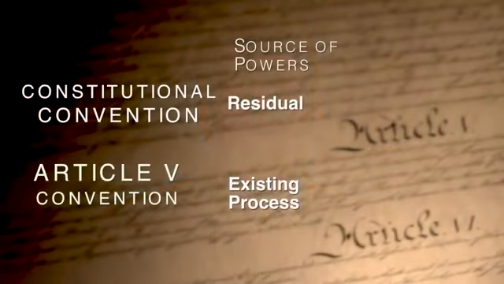The Convention of States Project is quite different. It operates under the rules set out specifically in Article 5, which means you can't throw it wide open. You have to follow the procedures, the process, and the limitations set out in Article 5 in the Convention of the States. So the states must petition for the convention, and in that petitioning process, the states set the subject